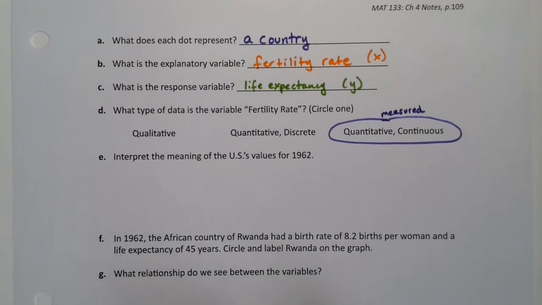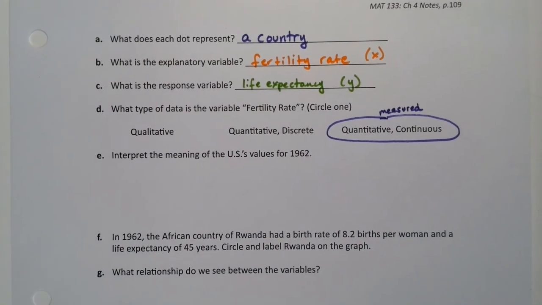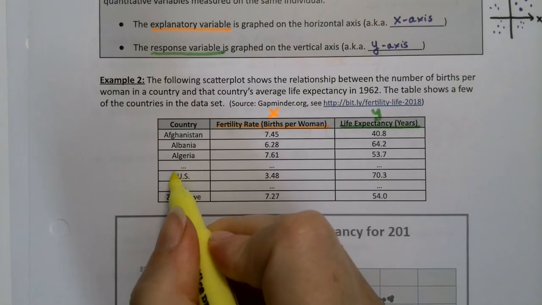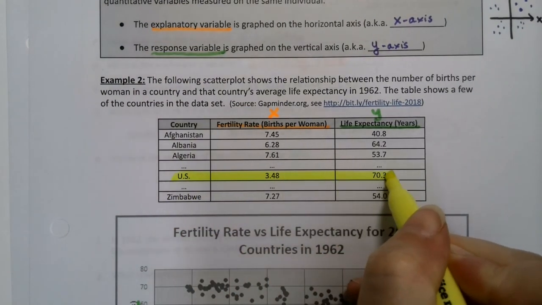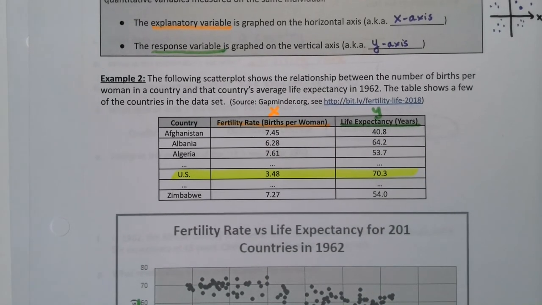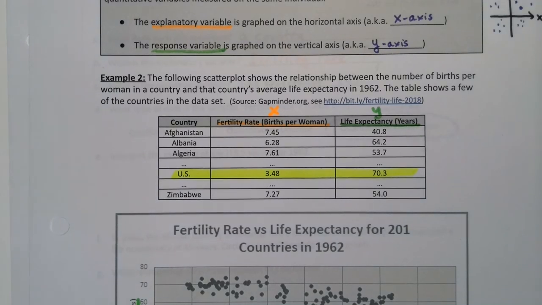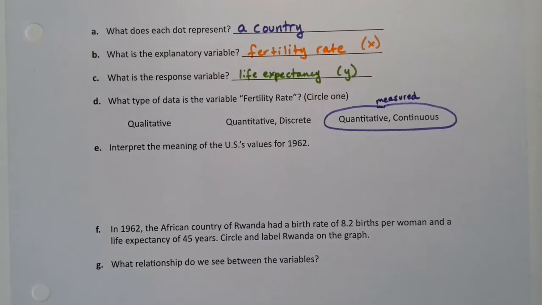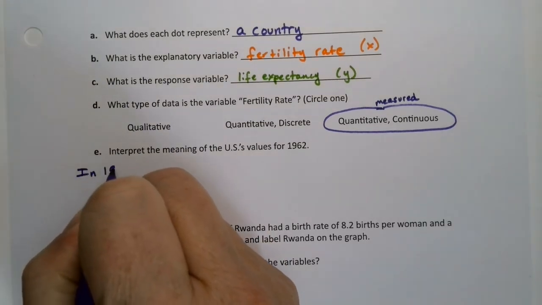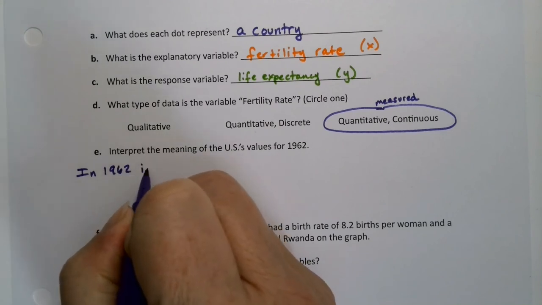All right, now what about the US? I thought it would be interesting to see what the US's values were. So the US is right here in the middle. The US had the numbers 3.48 and 70.3. So what does that mean? Well, in 1962 in America, we would expect a woman to have about 3.48 births in her lifetime. So let me write that down. In 1962, in the US,